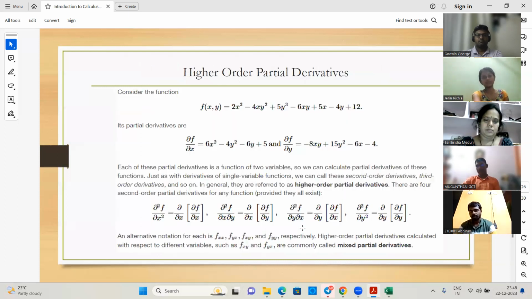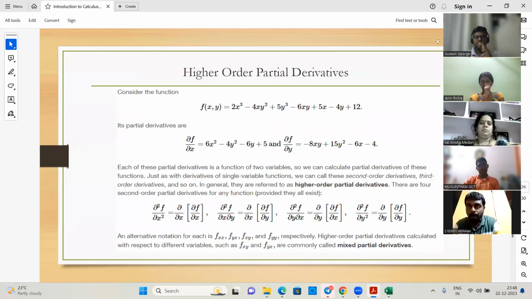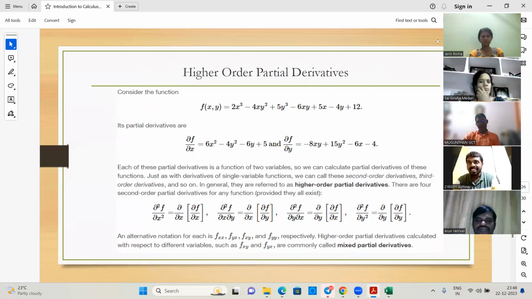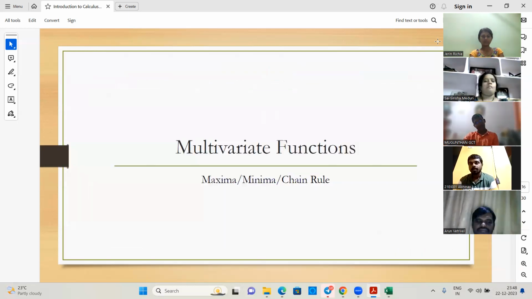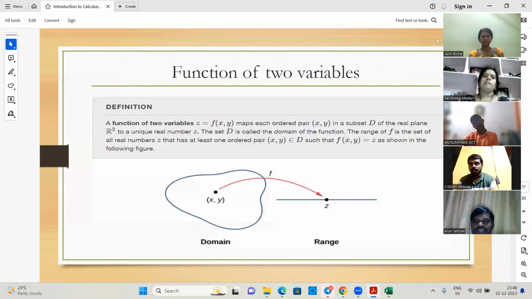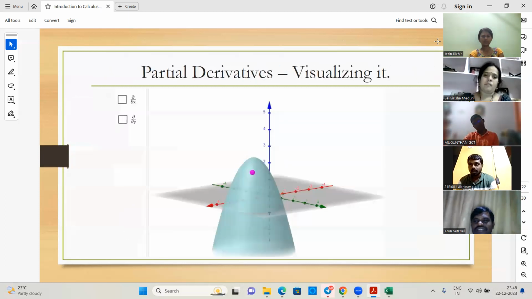All right, wonderful. Now you might be wondering, what the hell is this? Higher order partial derivatives are. Now you must be wondering, why are we doing all this? Why are we moving to higher order partial derivatives? Remember, folks, you see, the question is, why are we doing partial derivatives? I'll come to that. I'll come to that. Because